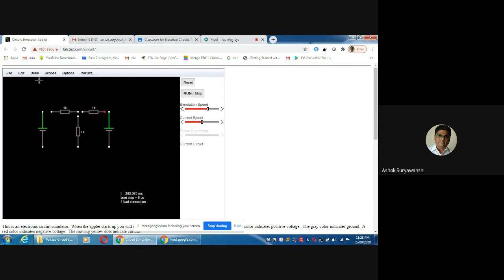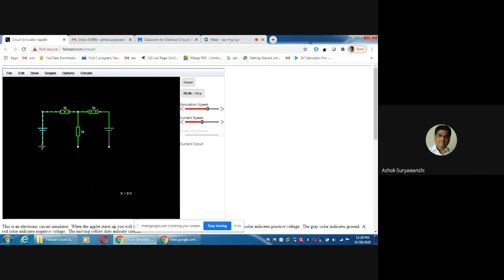Select, click on draw and then select add wire, and then connect this particular white points here, then these two dots here, then from here. Now here is red showing, that means it is a bad connection. Can you see at the bottom side one bad connection? So one bad connection means the red one. So we have to connect this with the wire here. Now there is no bad connection.